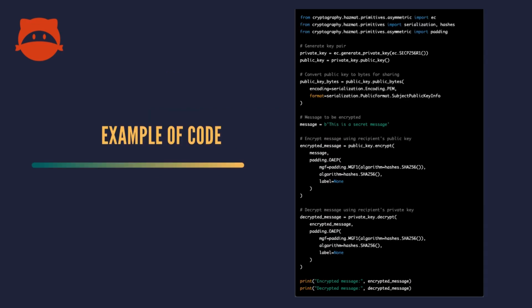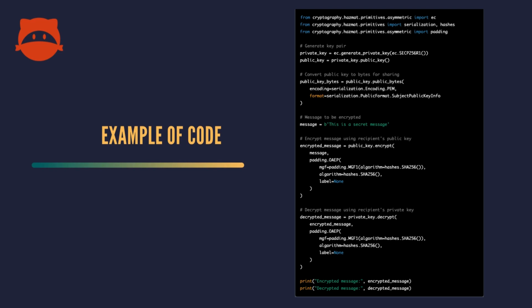Here's an example code in Python for encryption and decryption using elliptic curve cryptography, ECC. In this example, we first generate a key pair using the elliptic curve SECP256R1. We then convert the public key to bytes so that it can be shared with the sender. Next, we define the message to be encrypted, and use the encrypt method of the public key to encrypt the